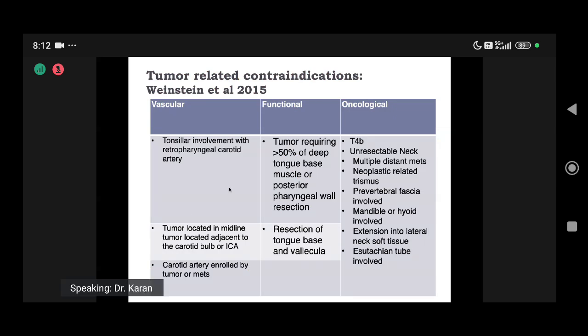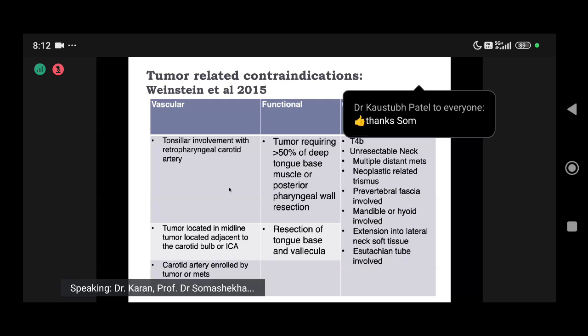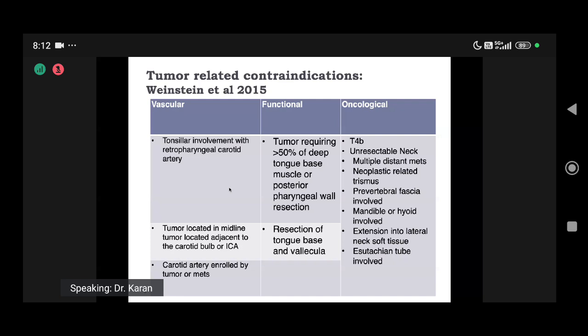Again, Weinstein has been the father of transoral robotic surgery, and they started doing a lot of work from 2006 onwards for oropharyngeal cancers and TORS. And these have been the contraindications which have been labeled in a paper by Weinstein et al. in 2015. And they divided the contraindications into vascular, functional, and oncological. They're basically all common sense based contraindications. So if there is a tumor which is involving the retropharyngeal carotid artery, or encasing